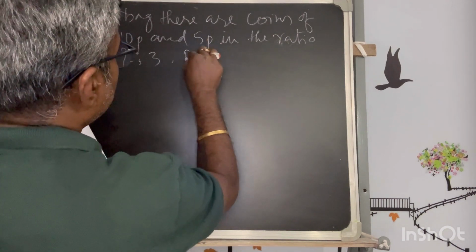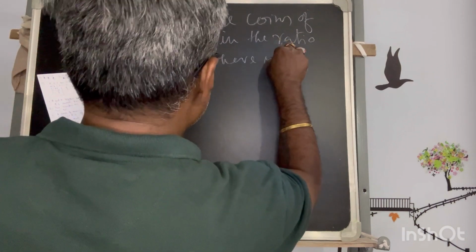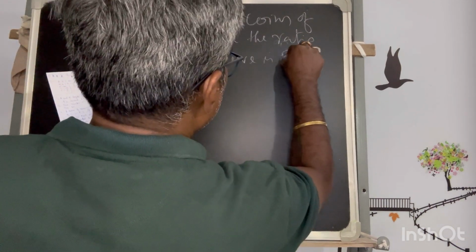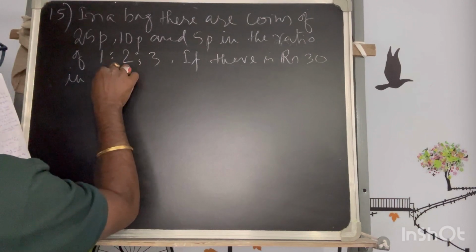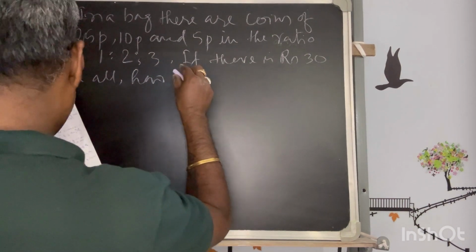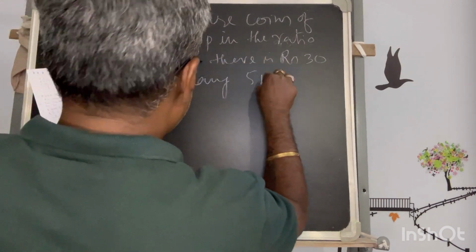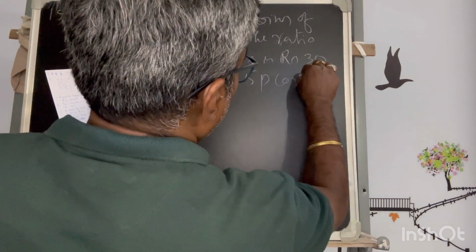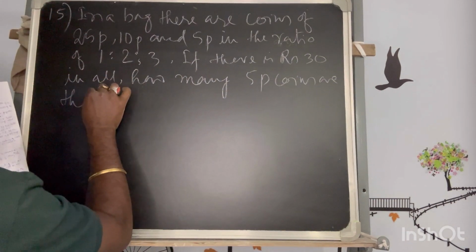If there is rupees 30 in all, how many 5 paisa coins are there? Okay,